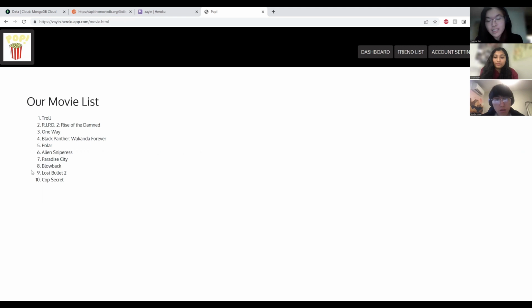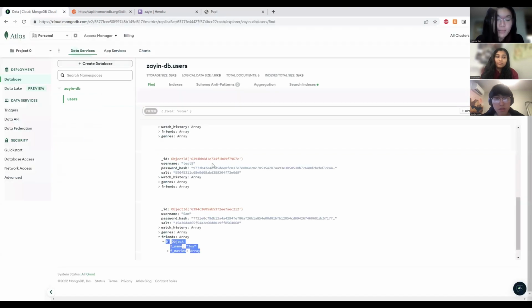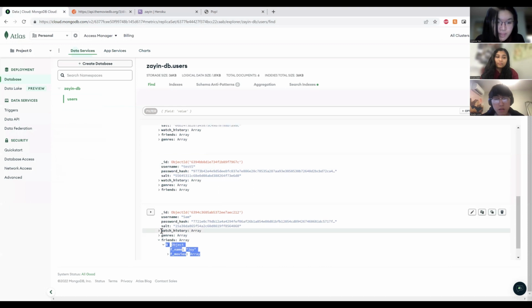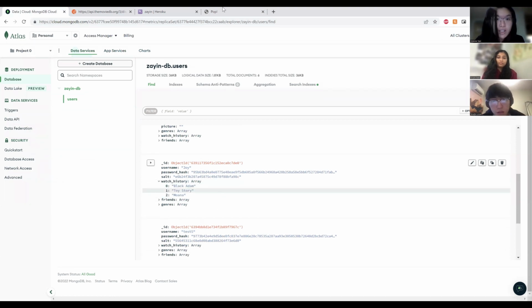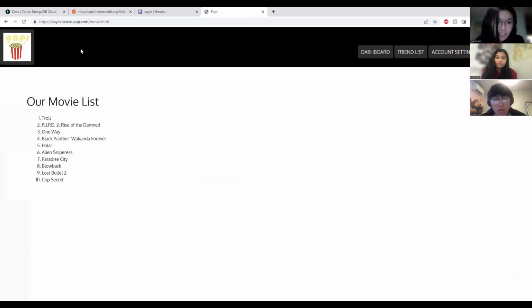And we're getting these movies from the movie database API. And as you can see here, this movie list is already filtering out the user's watch histories. We don't see the Woman King on here. And if we scroll over to our database as well, as you see, Woman King is under Sam's watch history, and for Joy, Joy has watched Black Adam, Toy Story, and Moana, none of which are in our movie